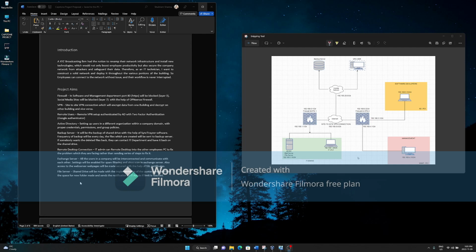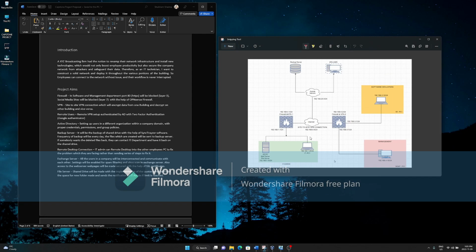So let's start with our network diagram. On the right hand side I have my network diagram which shows I have two buildings on the left side and one building on the right side, which has two firewalls at the end, and both firewalls are connected with the site-to-site VPN connection. I have one outside network here which has one backup server which will be making backups